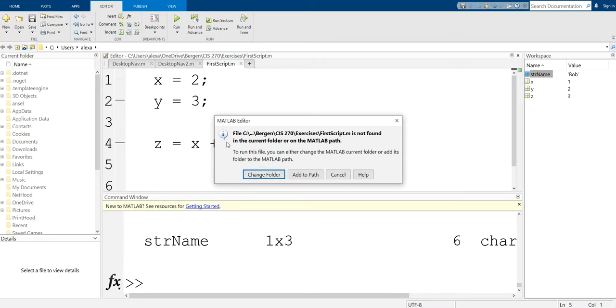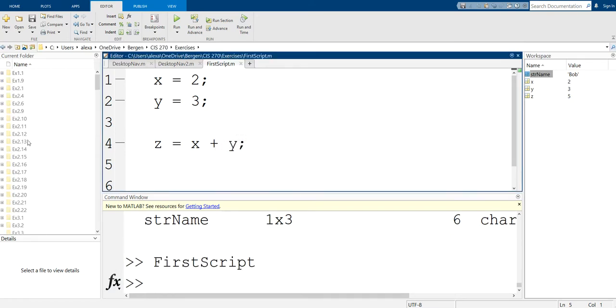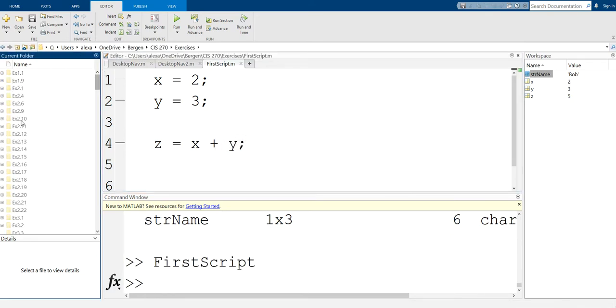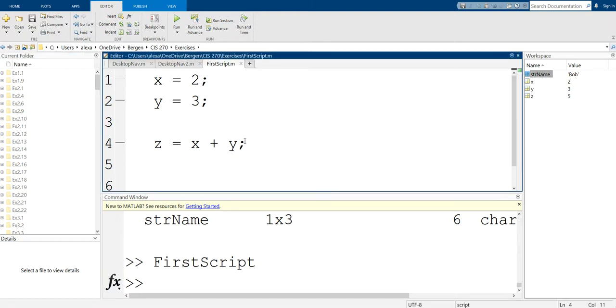What that means is that on the left-hand side, your working directory is going to change to where your script is. We can add to path, or let's just change folder, because I have all the MATLAB stuff in here. And there you go, right? So right now, if I run it,